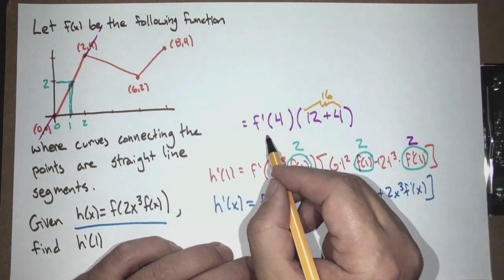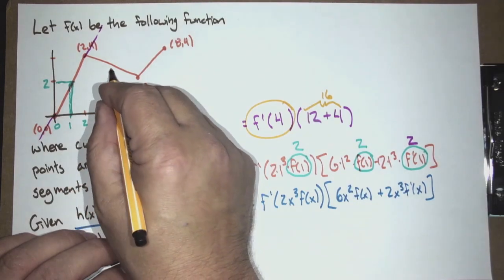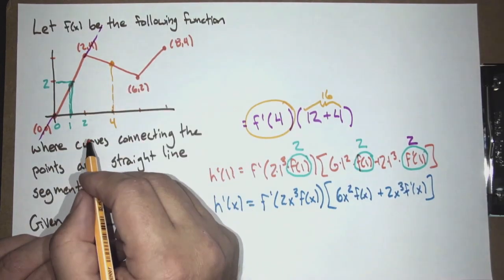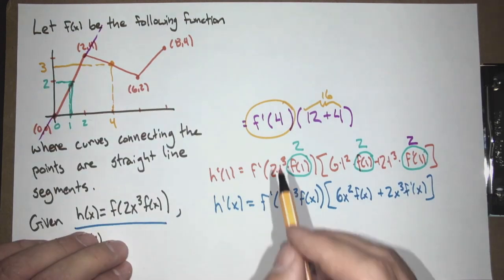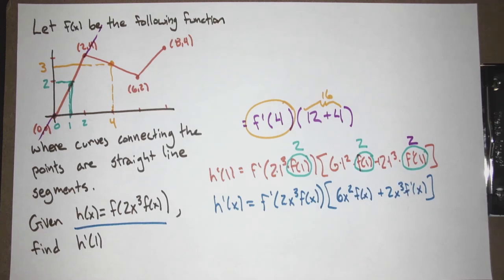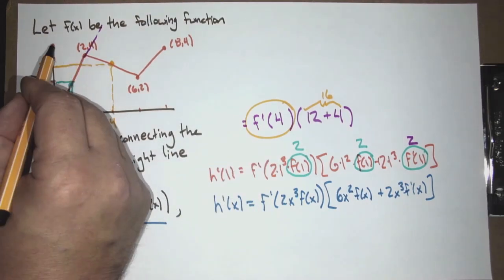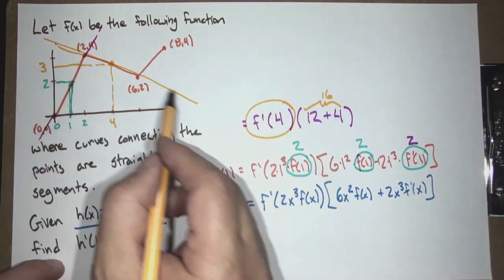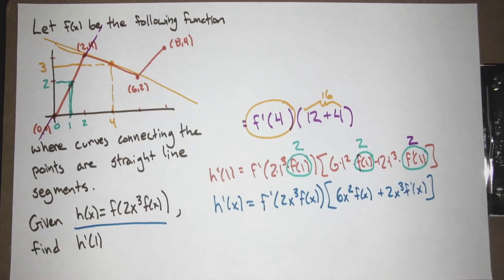We need to find f prime of 4. So what do we do? We come to 4. We say, okay, it's up here. And you're like, great, so I see it's at height 3. Is f prime of 4 3? No. Well, what is f prime of 4 then? How do you find it? If I was looking for f of 4, it is 3. F prime of 4, you think of it as the slope of the line segment, because that line segment can be extended to a line, and that line would be the tangent line.